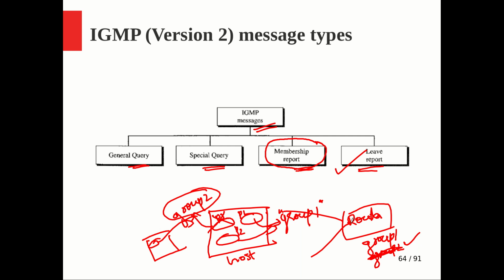So the router has to ensure whether this is a collective opinion or it is the opinion from host 1 alone. Now this host 2 is still part of group 2, right? So the router can't remove this group 2. For that purpose the router will send something called a special query to everyone, so that if someone is still interested in this particular group 2, they can communicate back. Of course host 2 will communicate its interest to continue with the group, using that membership report. As soon as such a request comes from host 2, group 2 will not be removed from the router's list. Hope it is clear, right? So that is a way.